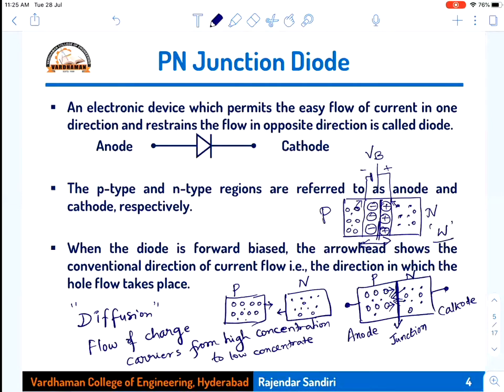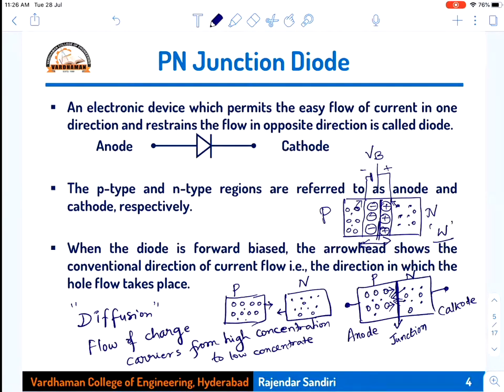That depletion region and the voltage across it we call the barrier potential, which has negative on the P side and positive on the N side. What does this depletion region contain? It contains immobile ions: immobile negative ions on the P side and immobile positive ions on the N side. If I put a minus with a circle or a plus with a circle, that is a charge that does not move, immobile.